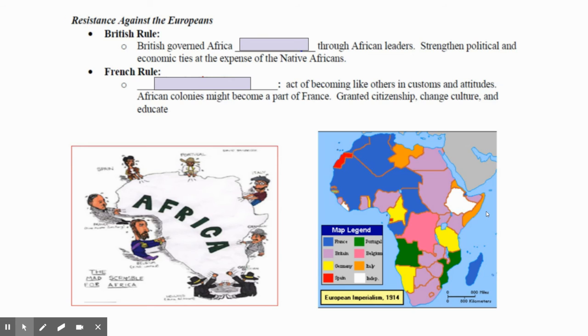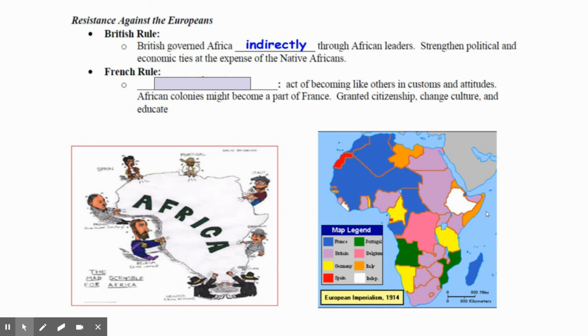But there is one nation that remains, or actually two that remain independent, really throughout this era of imperialism. One is a little nation called Liberia, which is on the western coast of Africa. It was recolonized by Americans. And then off on the east coast, you have basically Ethiopia. At some point in time, the Italians are going to try to take advantage of that, but that's going to happen closer to the time of World War II.